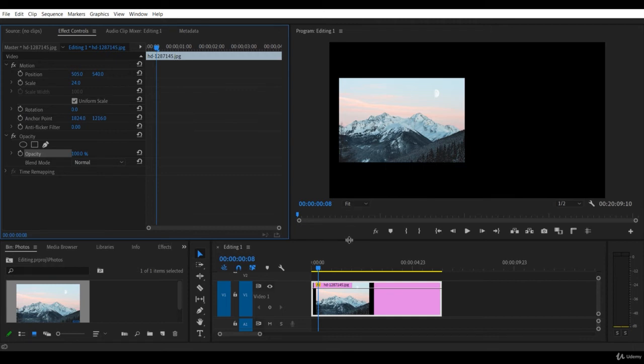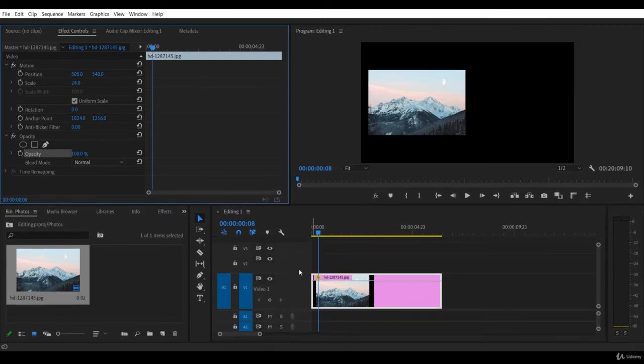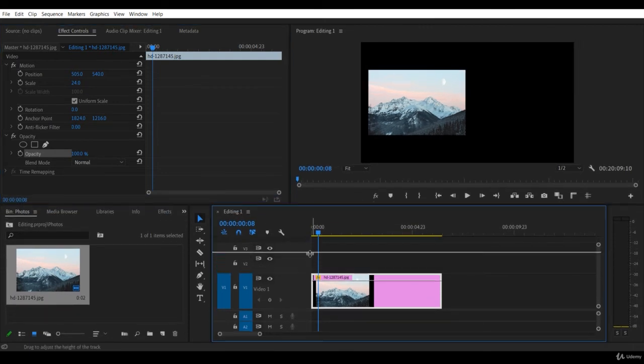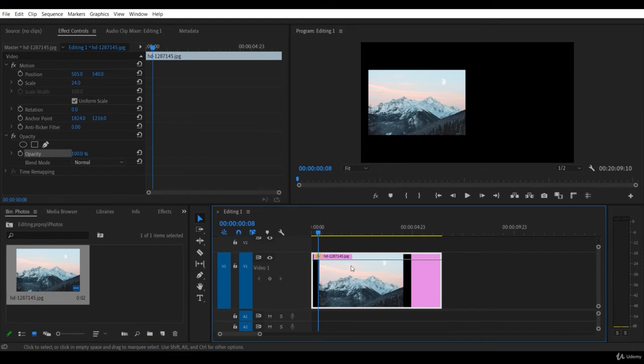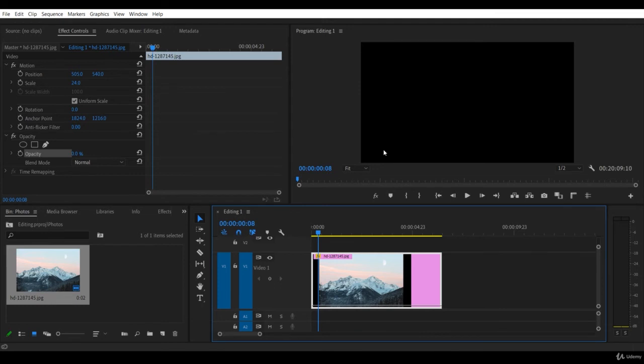Let me make the window a little bit bigger and increase the video track. On the very top of the clip, you can see that there is a line, which I can drag down and up. And this line represents opacity. So if I drag the line down to about 50%, the opacity of our clip will be reduced to 50%. I can make it 0 and we won't be able to see the clip at all. Let's bring it back to 100,